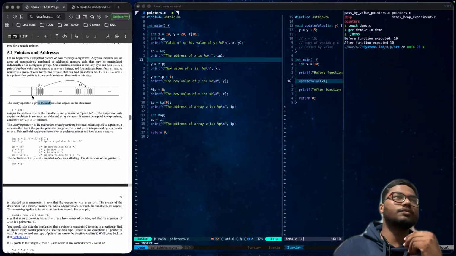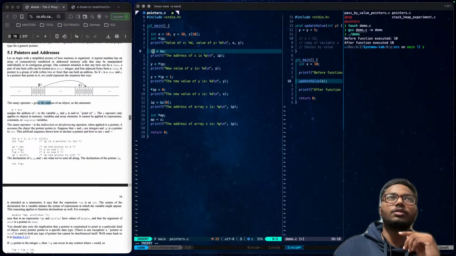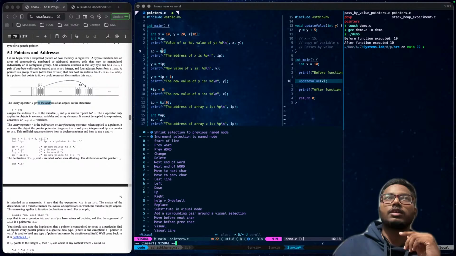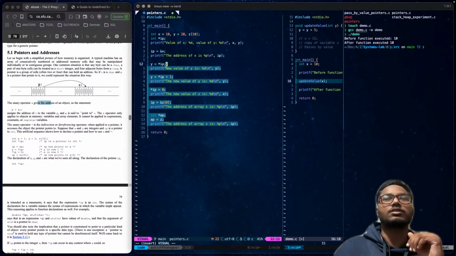What is it actually doing? This pointer ip is pointing to the address of this x variable, and &x gives the address of the variable x.